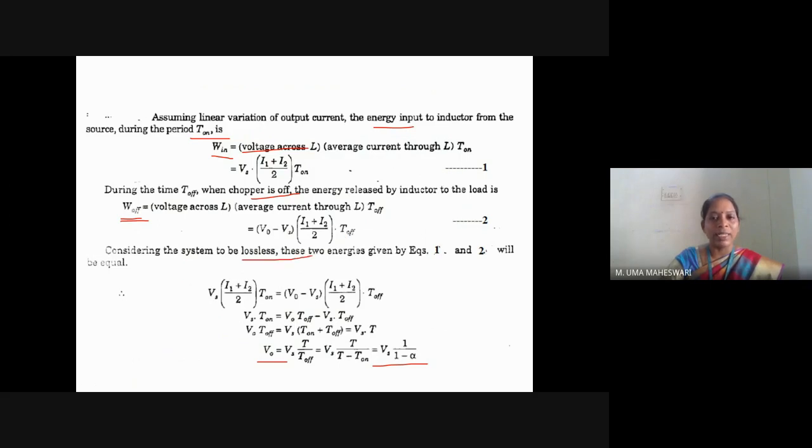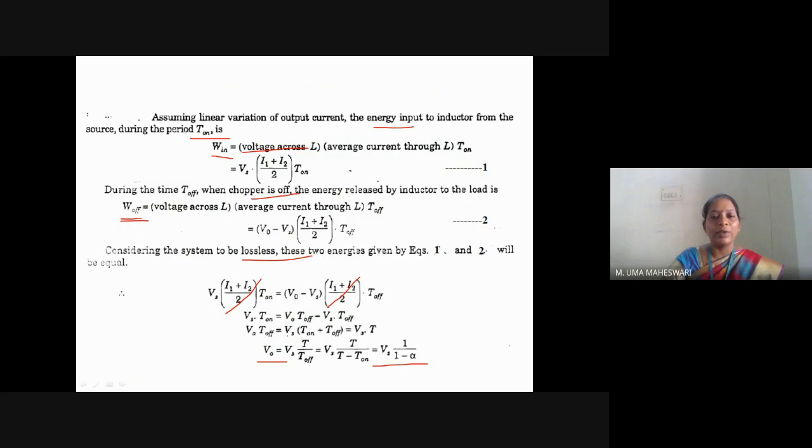Now assuming lossless condition, the two energies are the same, so the input energy is equal to the output energy. Equating, Vs into I1 plus I2 by 2 into T on is the same as V output minus Vs into I1 plus I2 by 2 into T off. Cancel the common terms, and Vs into T on is equal to V naught into T off minus Vs into T off. Now what I require is the V naught expression. So bring V naught to the left hand side and take the other terms to the RHS. So V naught into T off is equal to Vs into T on